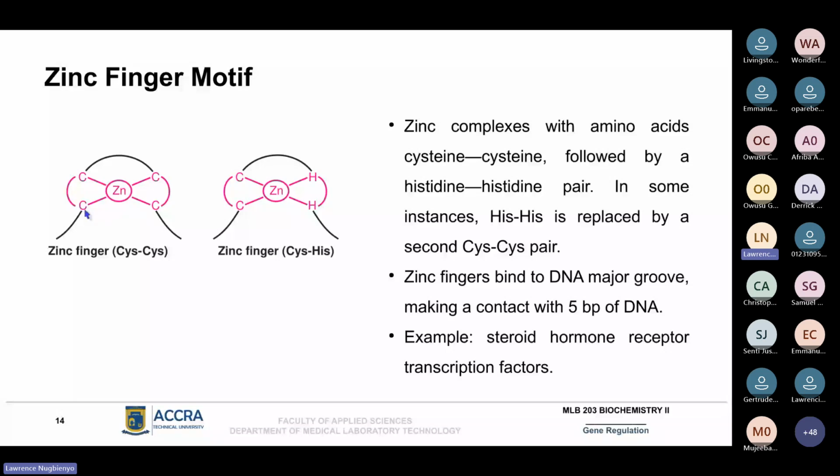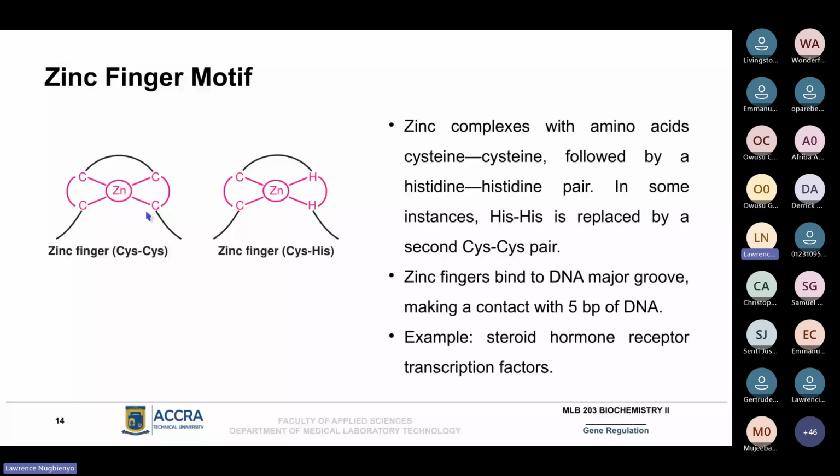So the C is referring to cysteine, the amino acid cysteine, and two cysteine residues at different positions, having some disulfide bridge between them. And on the other side of the finger, you have the same structure. So two cysteines having some disulfide bridge between them, and on the other side, you also have two cysteine residues having a disulfide bridge between them. That together gives you the structure of the zinc finger